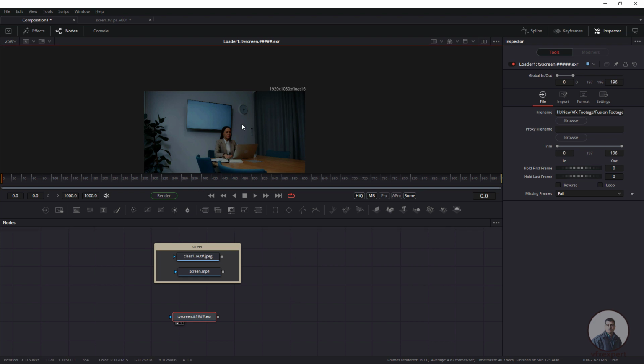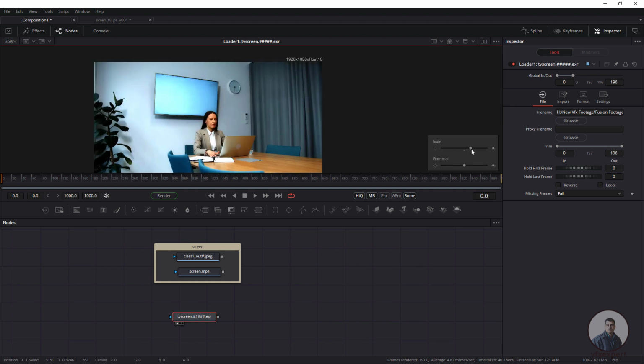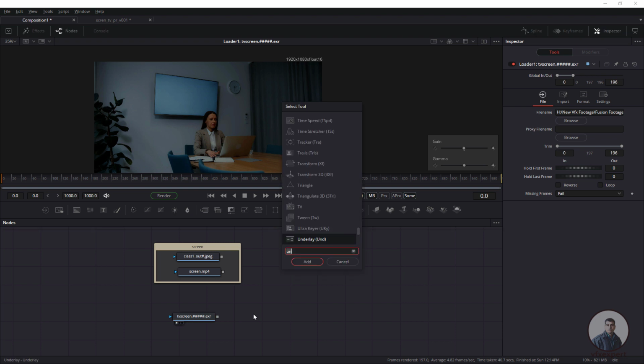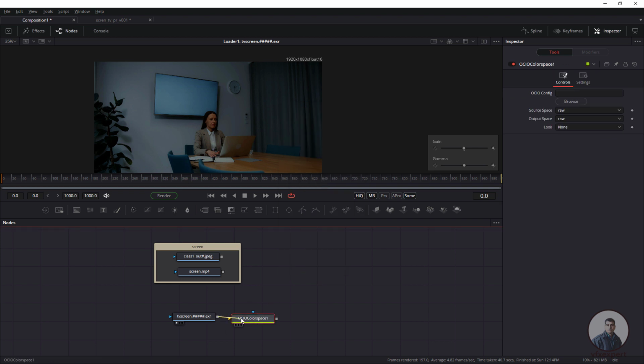Now, because this is an EXR file, it is showing a little bit dark here. For this, first, you can use the gain and gamma option and adjust the gain or gamma according to your requirement. Clear all these things here. Even if you want, you can use an OCIO color space node. Press Ctrl and space bar, find color, and select the OCIO color space, then connect it after this EXR.